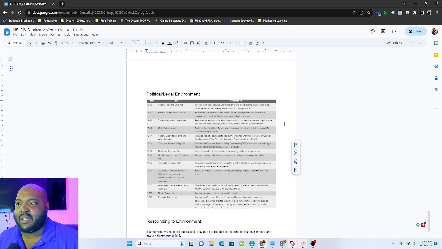So you want to pay attention in the US to things like the FTC. You also want to pay attention to executive orders. Listen, an executive order can drop and totally change your business overnight. We recently had an executive order come down that changed the legal age of buying cigarettes. And if you sell cigarettes, that's a big deal. You didn't eliminate it, but it became much more challenging for a segment of my consumers to purchase my product. And so that means I have to make some adjustments as to how I go about